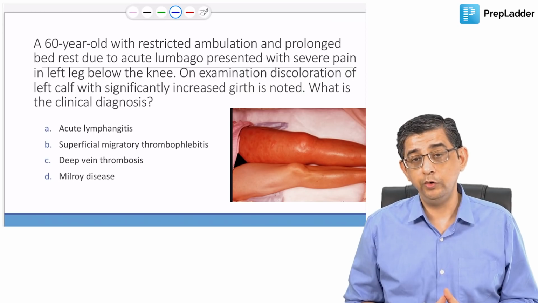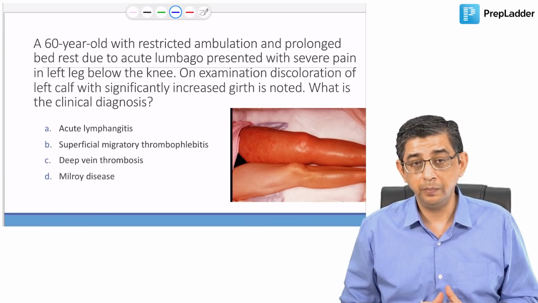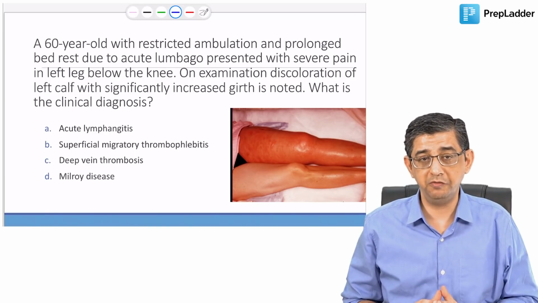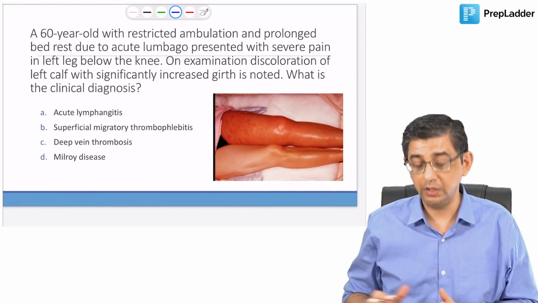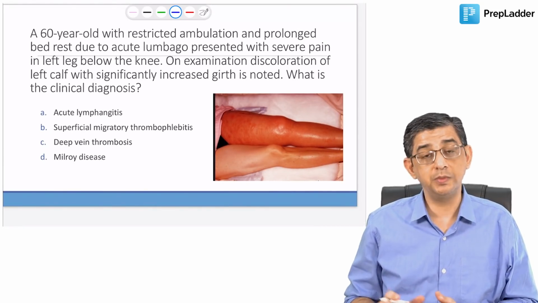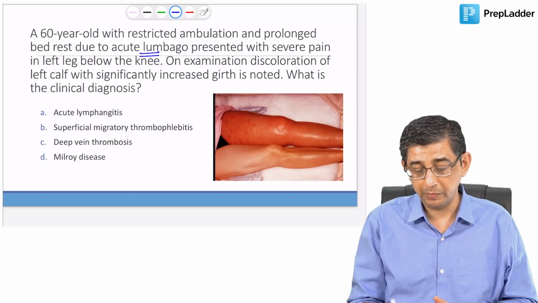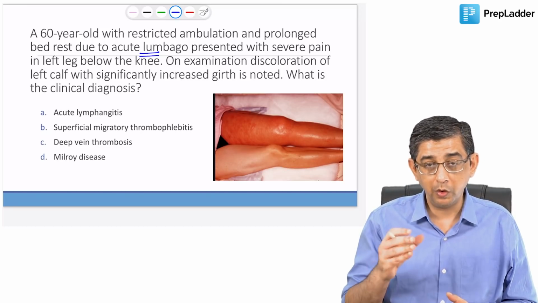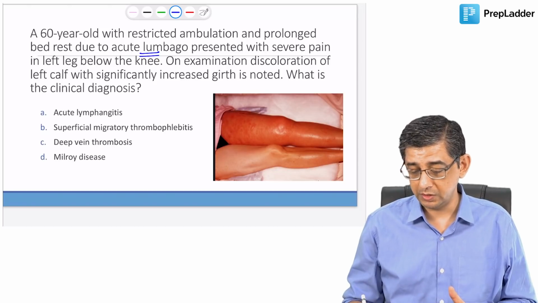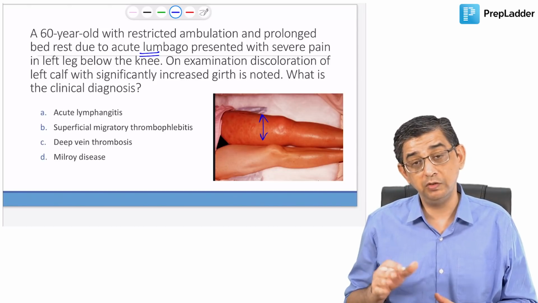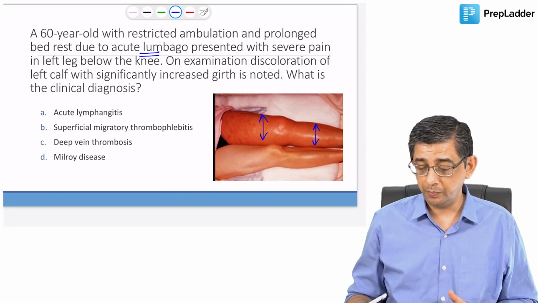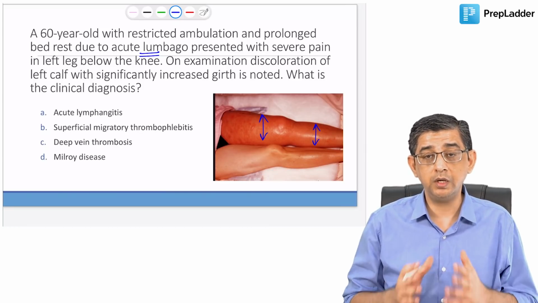A 60-year-old due to restricted ambulation and prolonged bed rest due to acute lumbago. Lumbago would mean severe backache, presented with severe pain in the left leg below the knee. You see, the initial problem of this person is that person was having some problem in the back. So the person can't move around, and because there is prolonged bed rest in a person, you can notice the extreme swelling now is occurring even in the calf, also in the thigh. The swelling has progressed. If you compare the two legs of the patient, there's a marked increase in the girth